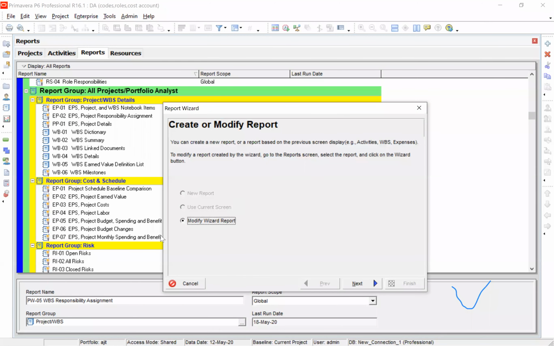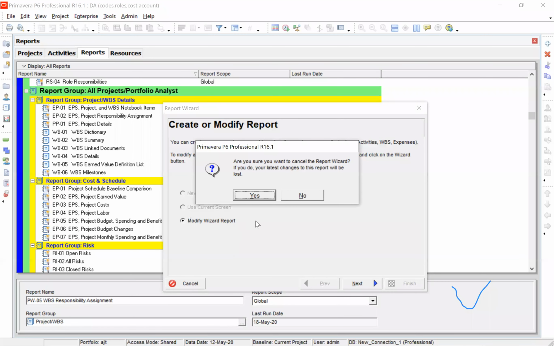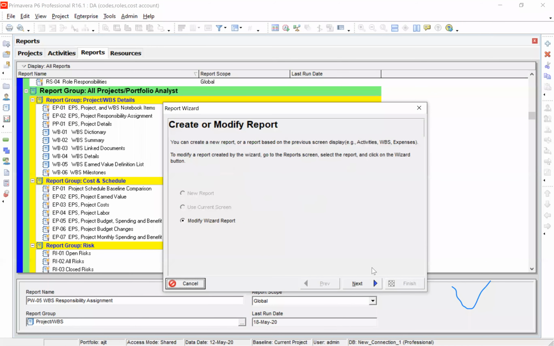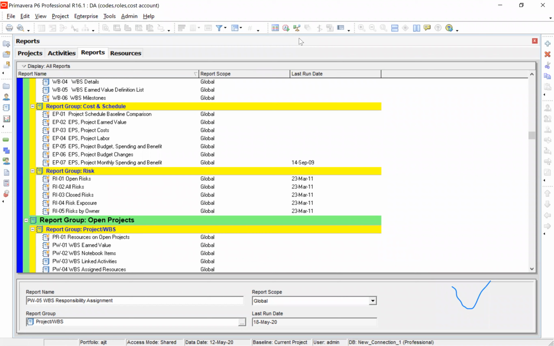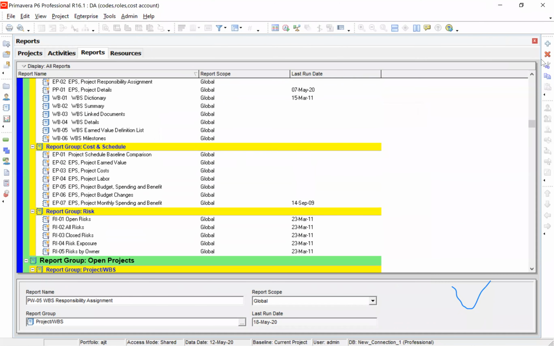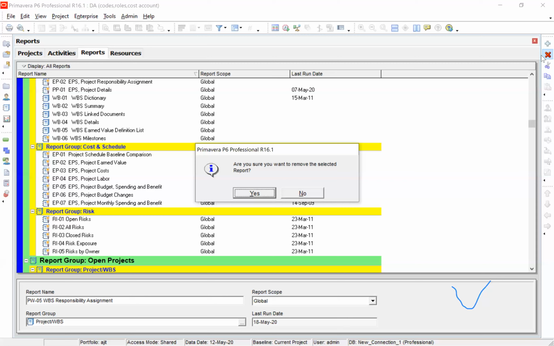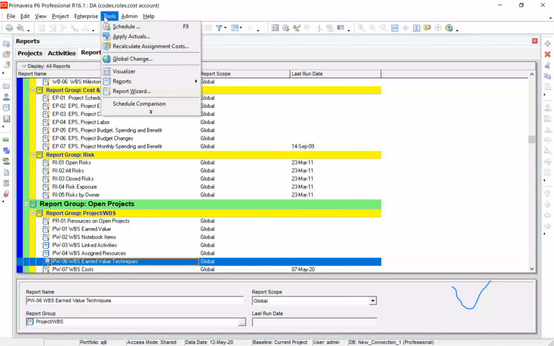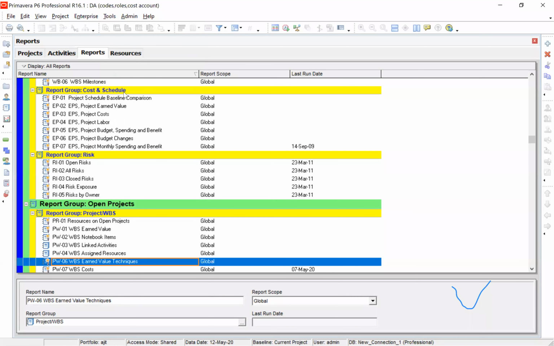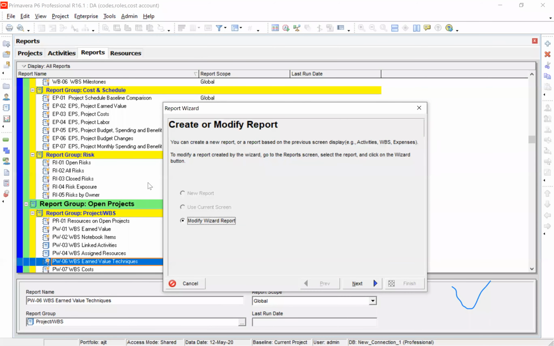Oh, I don't know why it is giving this. Sir, you can come directly from activity page, not from this report page. Switch the window to activity. All right. Now we go to. So these are all funny things in Primavera. You have to live with it. Again, I am getting the same thing. No, sir. Switch to activity tab.